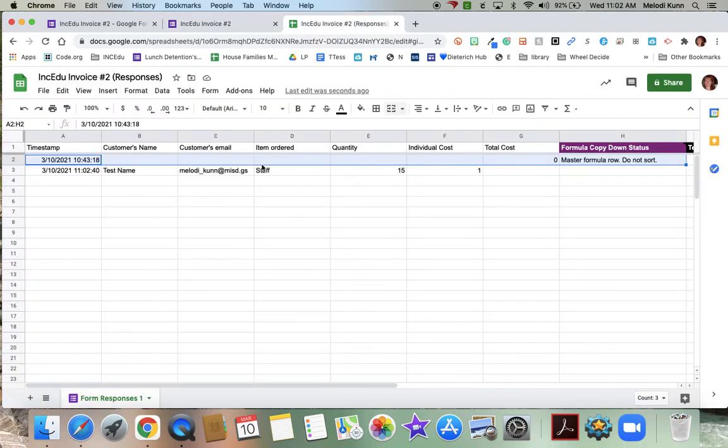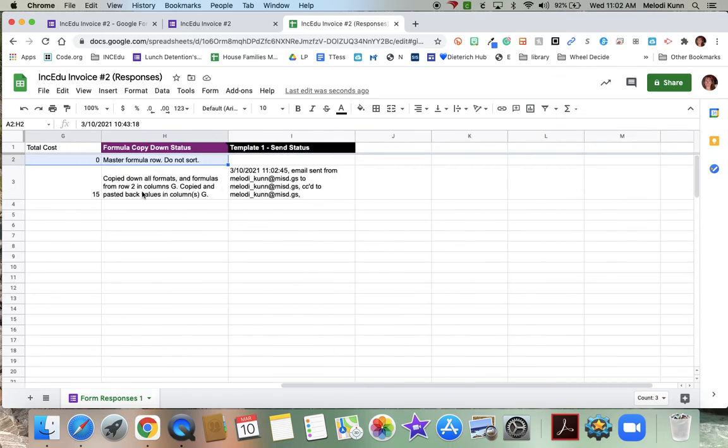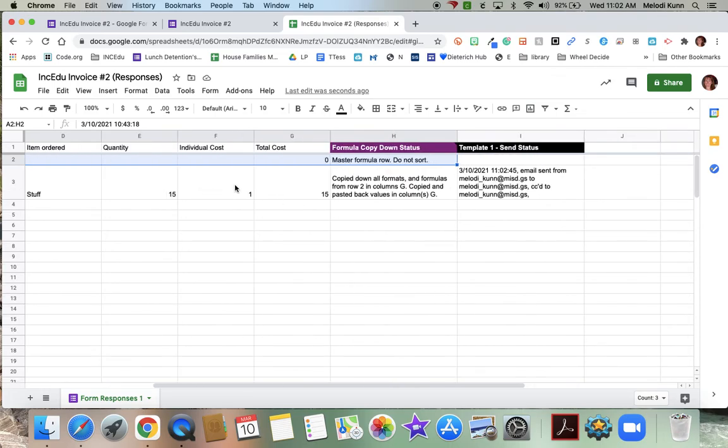I come back to my invoice. Here it comes, my spreadsheet. Here it comes. The FormMule worked, 15 of them. 15 times 1 is 15. And my template for my FormMule, that's in this column, that worked. So if I come back to my email,